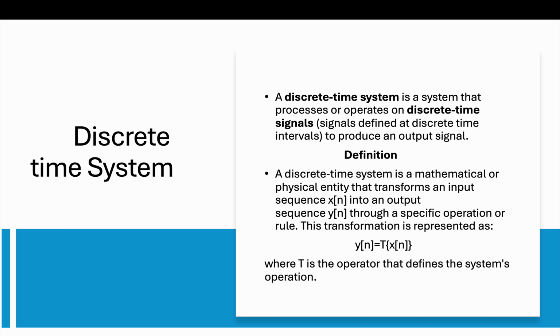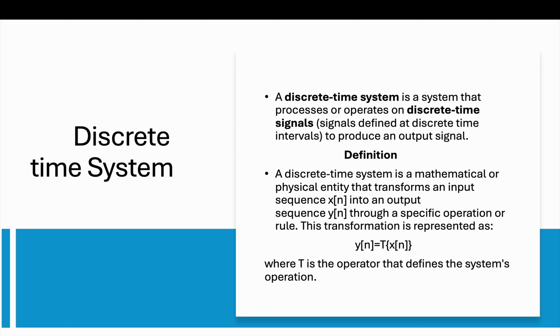So, in digital signal processing, we learn about discrete time signals and discrete time systems. Actually, what is meant by a discrete time system? Before going into the main digital signal processing, we should know what a system is, what a discrete time system is. A system can be defined as a device or an algorithm which transforms the given input signal x of n to y of n through some prescribed criteria.